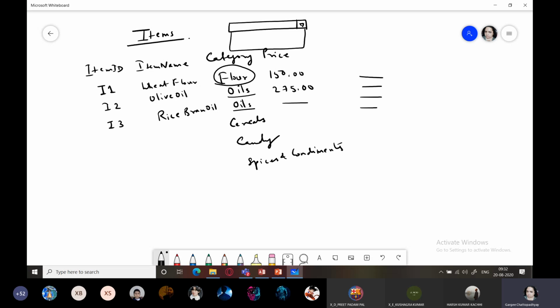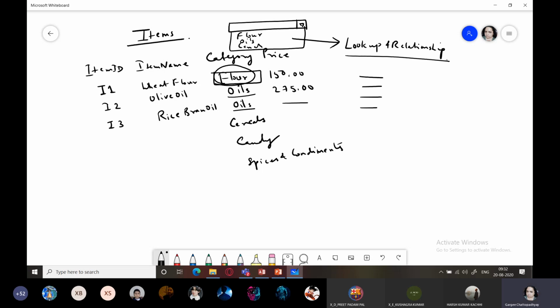When the user clicks on the drop down menu, he will find options like flour, oils, cereals, candy, spices, and condiments. All the user has to do is click on any of these options, and that will appear over here in the table. Such kind of data types come under lookup and relationship.